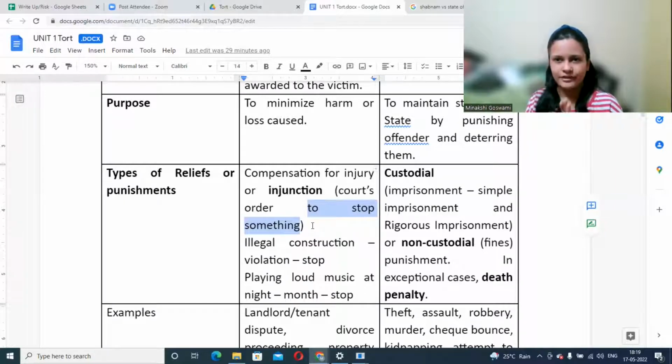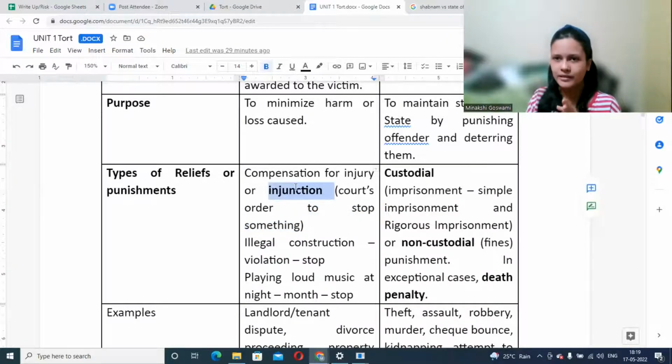Okay, the court is asking me not to do something. After 3 years, for example, the court decided the case, and the decision came in your favor. I had actually occupied your property. The court will pass a permanent injunction. The court will say, now you need to stop this construction permanently. But is this injunction order enough? Because I have already occupied your property. So the court might even say, you need to demolish this property and whatever belongs to the other person, give that portion to the person. That means the court is asking me to do something. All these are injunction orders. Asking or stopping someone to do something, that is an injunction.